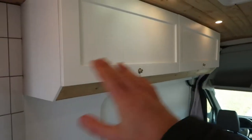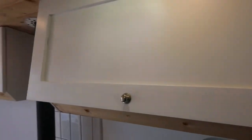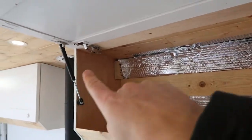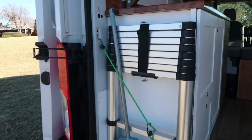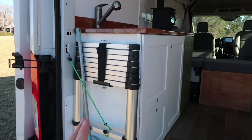And then your main storage above is these 2 cabinets, all custom made. And you can see these ones are really large. You can fit a ton of food in there. Gas strut as well. And then this one is just a little smaller, but still super deep, and plenty of room to put all your stuff in there. So there's a little space here in between the door and the back of the cabinet,